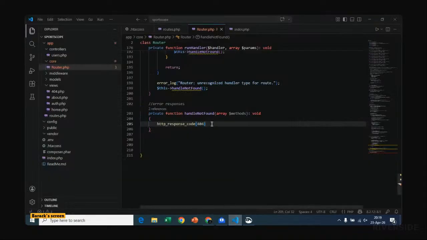We were looking at how to handle error responses of 404, where we are saying that the HTTP response is error 404.